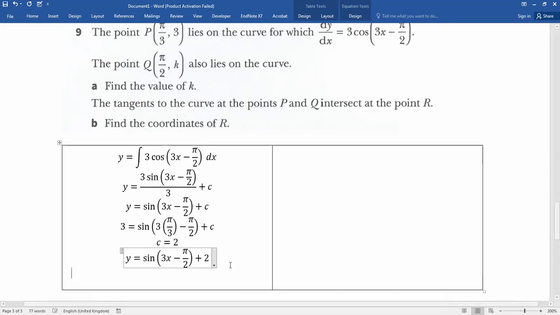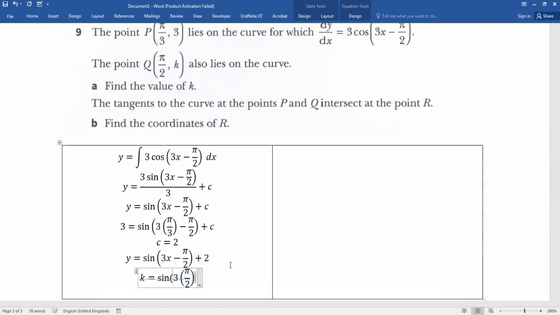Now I can find the value of k. I just need to plug in k in place of y, which is the y coordinate, and pi over 2 in place of x. Now you can easily find the value of k. So whenever